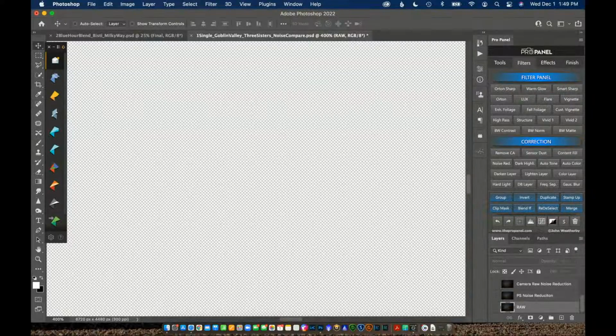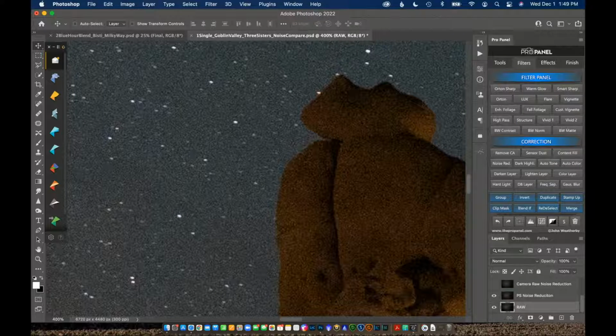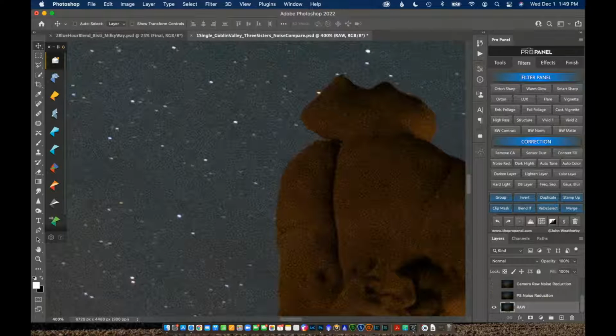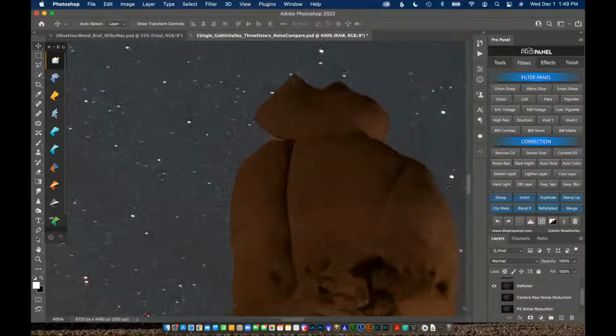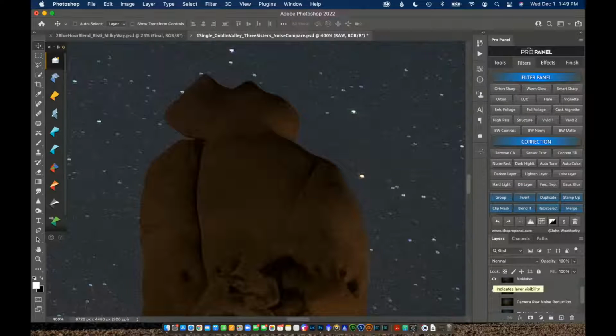Here's an example. Let me take it back down to the raw file. You see all the noise in the image. This is what Photoshop noise reduction does to it. You see, that did nothing. And then there's Camera Raw noise reduction. But if we go up to Denoise, you see it wipes out the noise, but it does create some artifacts, and I don't like some of these artifacts anymore. If I do DeNoise, No Noise from Topaz or from On1, it wipes it out. So for me, I definitely think it's a better solution for wiping out the noise, and the fact that you get that raw file afterwards is really the selling point. But they all do that now. So, anyways,